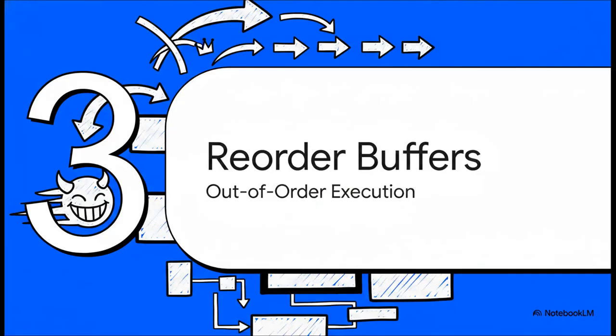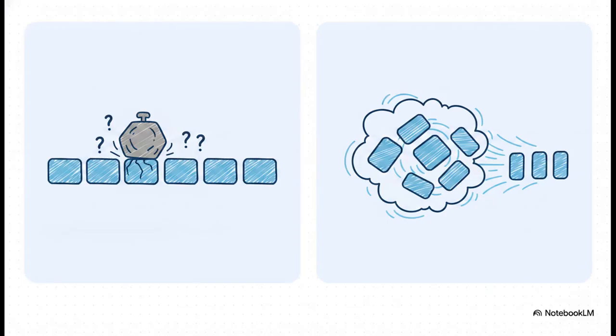Moving on to Section 3, the magic of reorder buffers. All right, now let's talk about completely cheating the waiting line. I mean, why wait in a linear line if an instruction has all its data and is ready to go right now? Asking that question led to a massive paradigm shift in computer architecture. We moved from strict in-order completion, where everyone just politely waits their turn, to out-of-order completion. This is where instructions finish whenever they possibly can, but are cleverly committed to the system in their original program